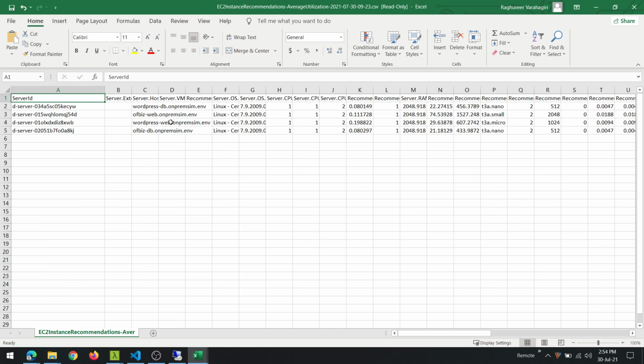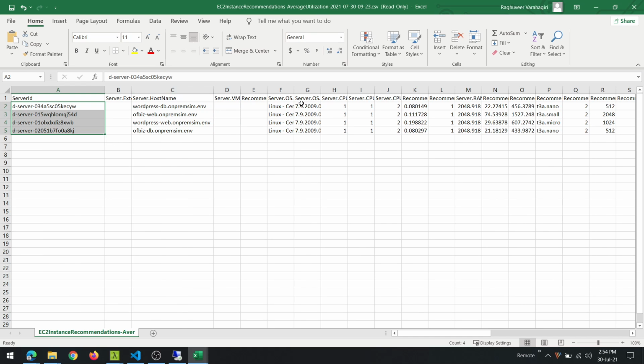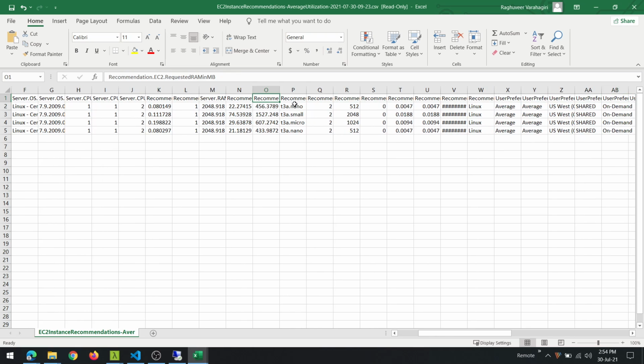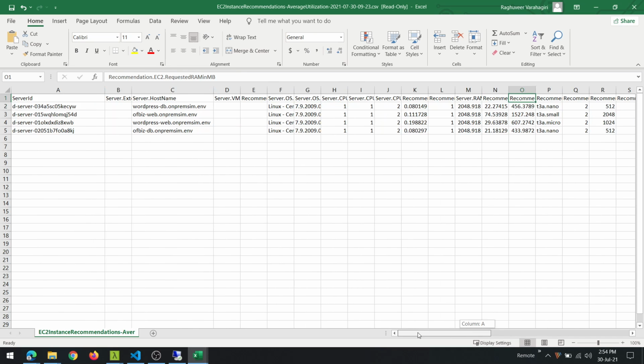So if you go through this downloaded file, for each server ID that has been discovered, you have all the metadata that has been captured in terms of the server, operating system, RAM, storage and memory, as well as, starting here, what is the recommended instance size and vCPU, RAM, etc. for each of those application servers.